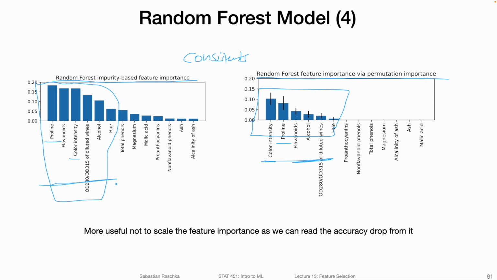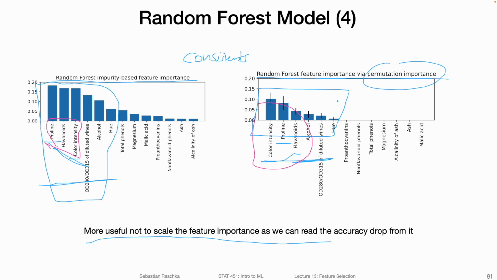So at least there is some consistency. For example, we can still say color intensity, proline, flavonoids are the most important ones. If we look, for example, at the top 3 here, it's just slightly different ordering here. And also one note I have here at the bottom is, personally, I find it most useful not to scale